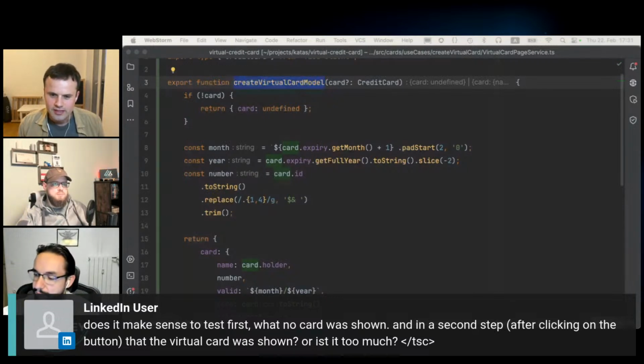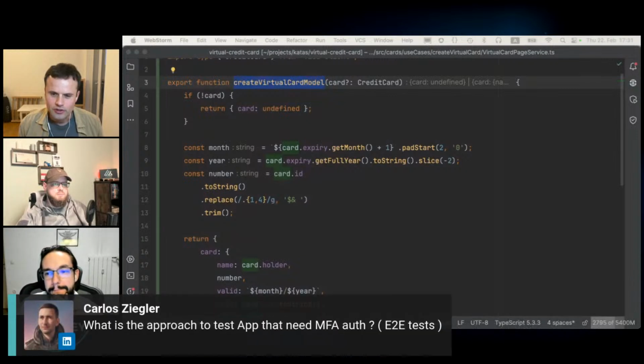What is the approach to test apps that need MFA authentication? Really good question. The approach to test this is to design the application in such a way that your communicators, the code that communicates to the outside world, including authentication, which will be another adapter, could be inverted.